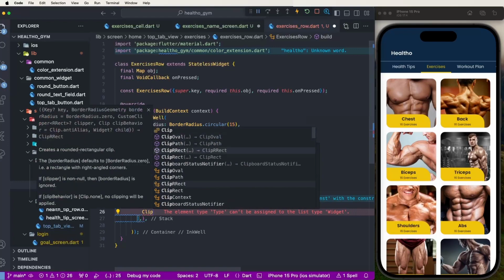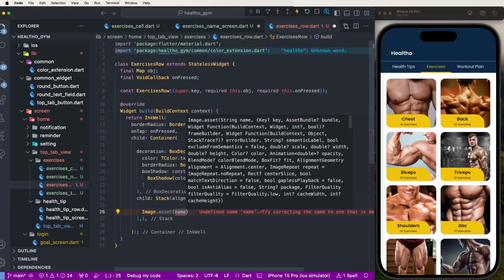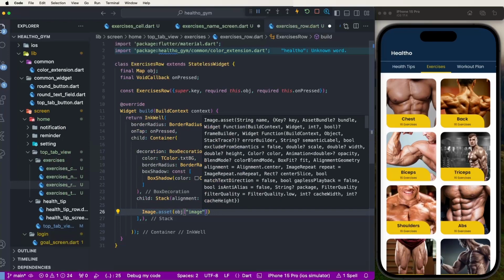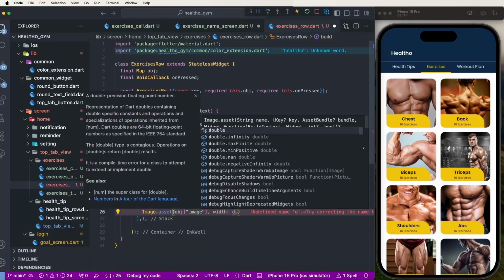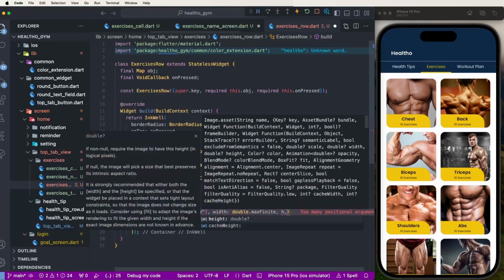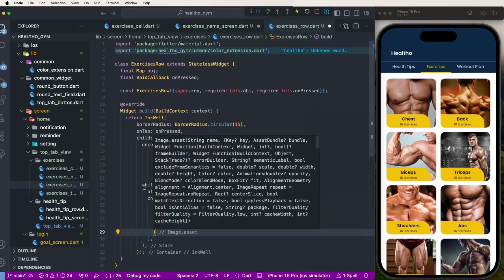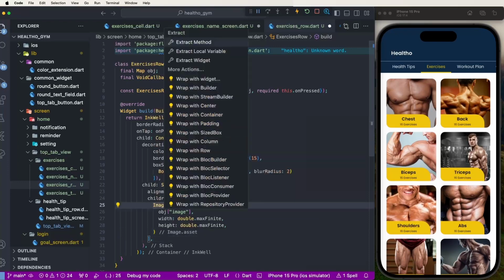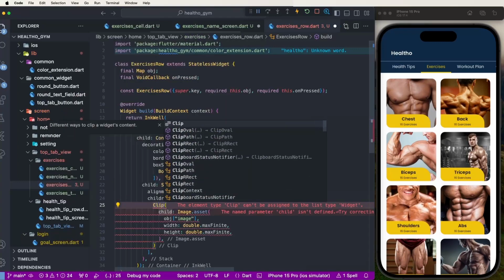ClipRRect. First of all we need to set the image asset, give this the object, and pass the image, and now set the width as double max width, and width as double max width. Now we need to set here widget dot